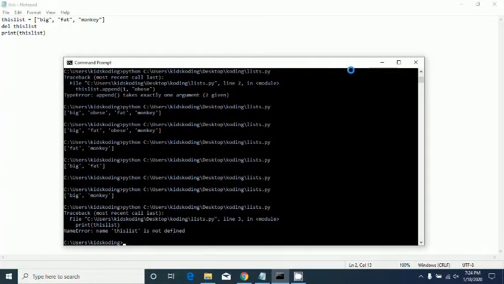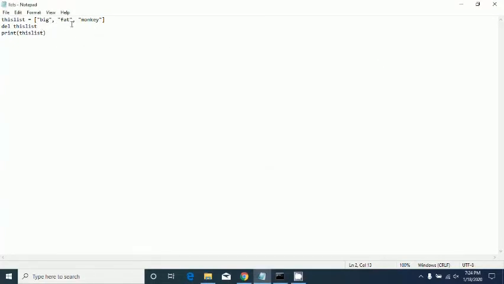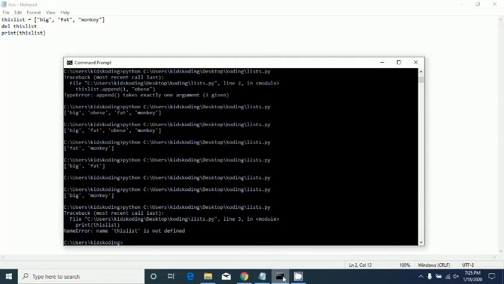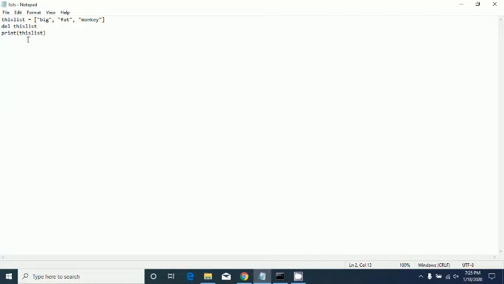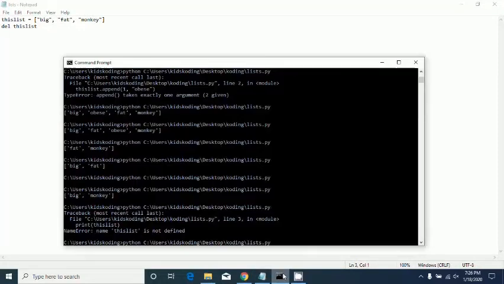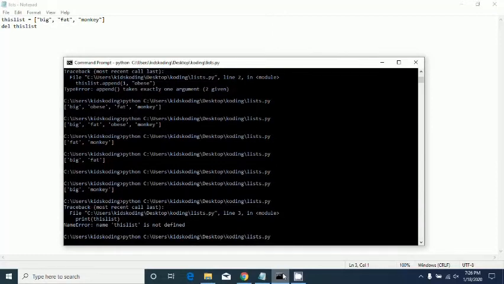Okay, let me check on that. So I think this is the one that doesn't need to use the print function because we're changing it, but we're not really deleting it. We're not adding anything. So I don't think